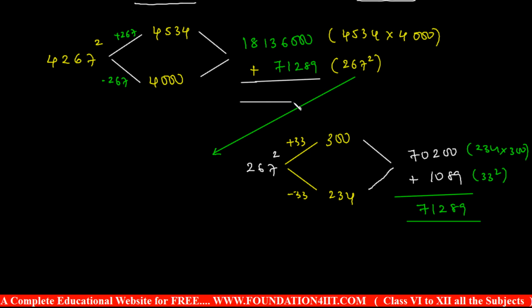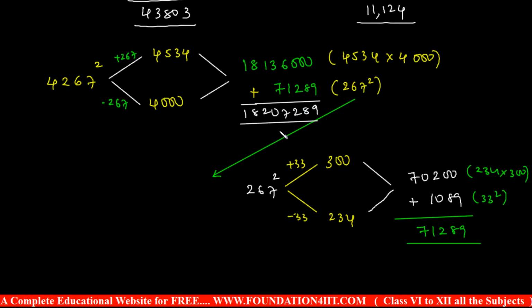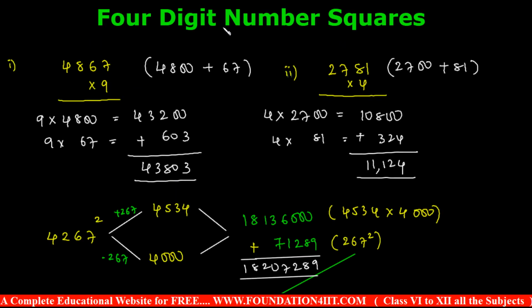So similarly, the sum of these two numbers, you can add this 9, 8 and 2, 7, 10, 2, 8, 1. This is the square root of 4,267. This is the concept already, because you have perfect 3 digit number squares. And one more main thing, same concept, which is plus or minus, that we need to proceed for this. This is the 4 digit number. First you practice with single digit, then with 4 digit number, then you can apply this concept. This maybe will need more practice.